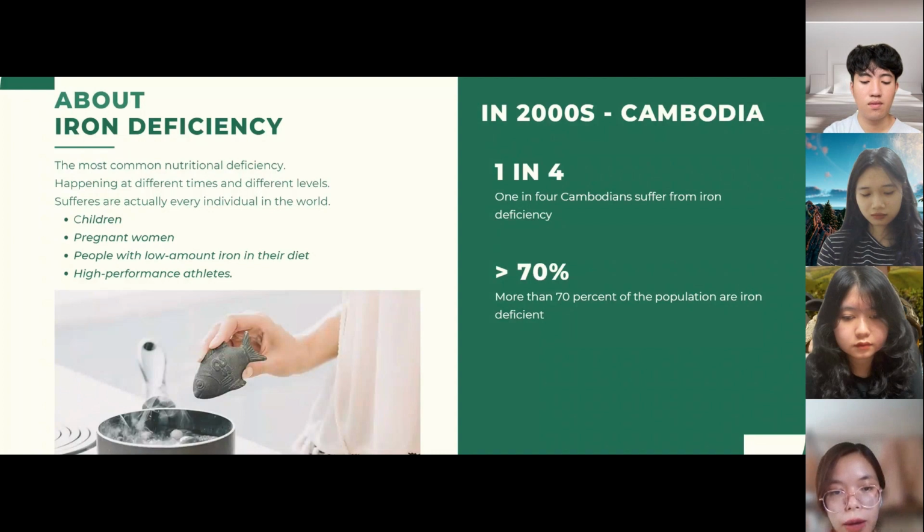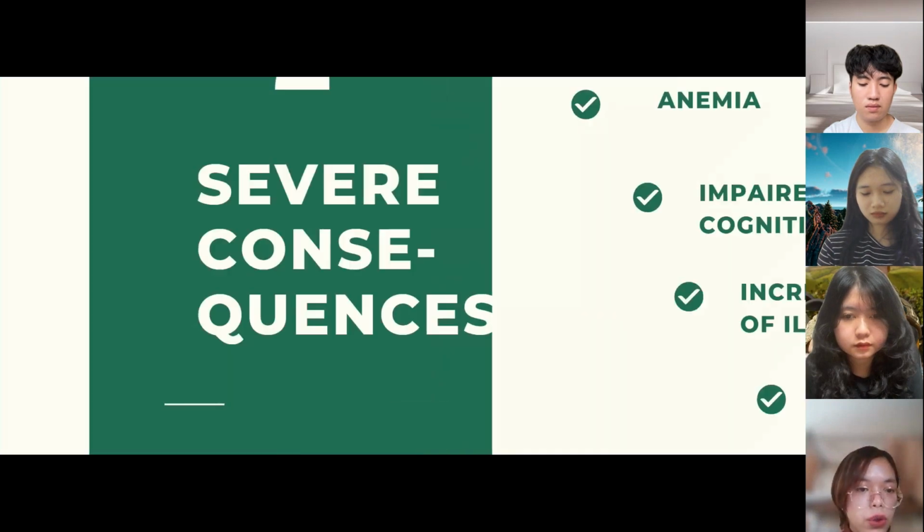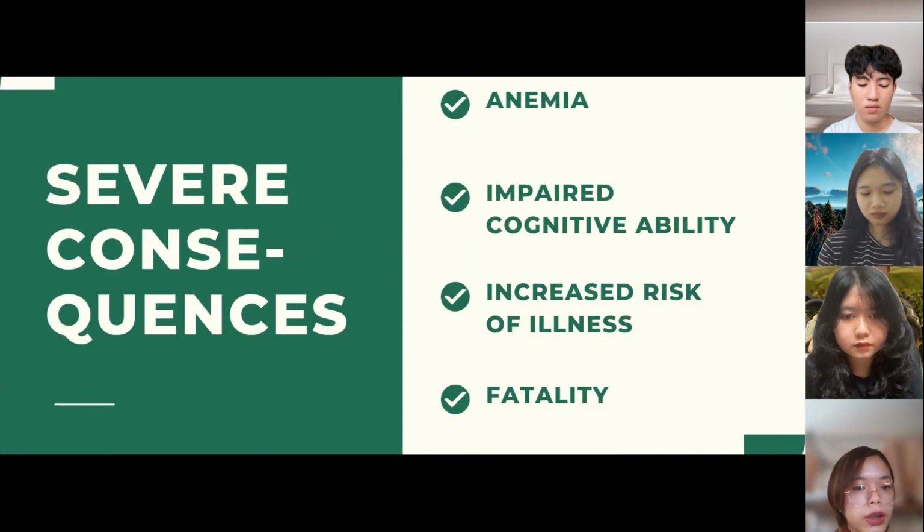Now, back to the 2000s. Iron deficiency in Cambodia seemed to be very urgent. And why? We put some data on the screen to show you that one in four Cambodians suffer from iron deficiency, and more than 70% of the population are iron deficient. And it can lead to severe consequences, including anemia, impaired cognitive ability, increased risk of illness,